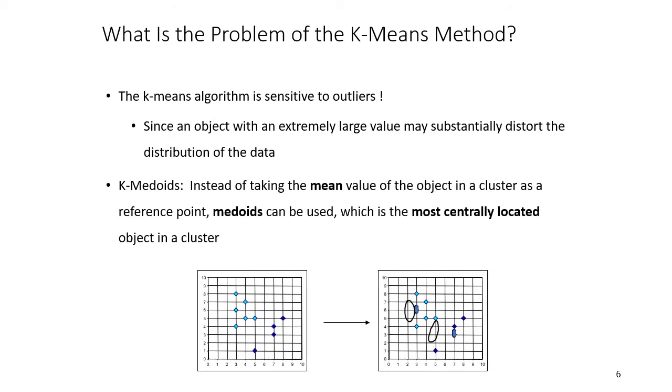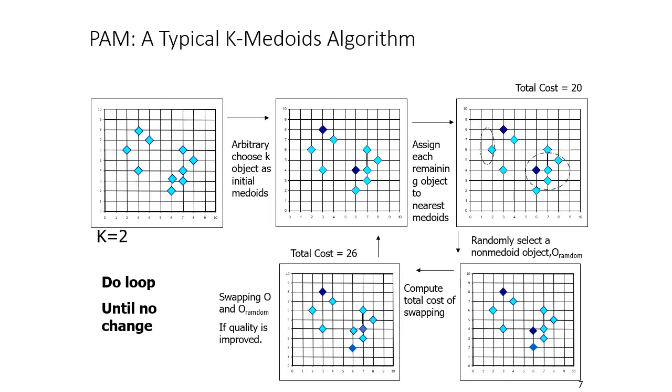This is an example showing what happens usually when we apply our algorithm. Now we talk about partitioning around medoids, basically a typical k-medoid algorithm. Our first step is the same: we initially choose k objects as initial medoids, and we assign each remaining object to the nearest medoid. That is the same step we were doing in the previous example, but here instead of the mean we are using the medoid value.